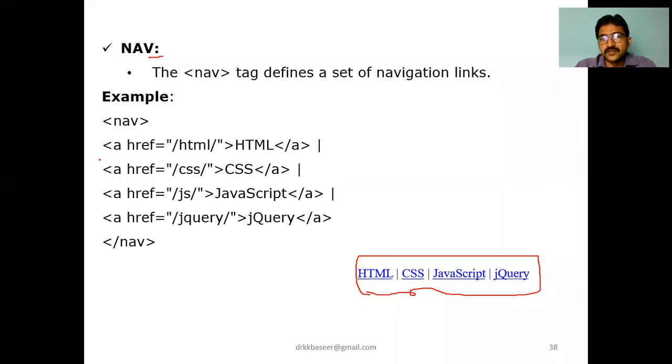First, we are creating an HTML hyperlink with the anchor tag. We already discussed that a stands for the anchor tag for creating hyperlinks. The second is the CSS hyperlink, then JavaScript, jQuery. All together in a page, we add them one after the other, separated by a vertical bar. Like this, we can navigate through everything. If you are not using nav, see how it will display line by line: HTML vertical bar, in the next line CSS vertical bar, in the next line JavaScript vertical bar, in the next line jQuery. If you are using nav, it will display in a single line, each one separated with a vertical bar.